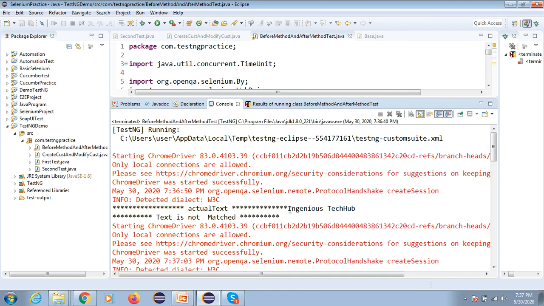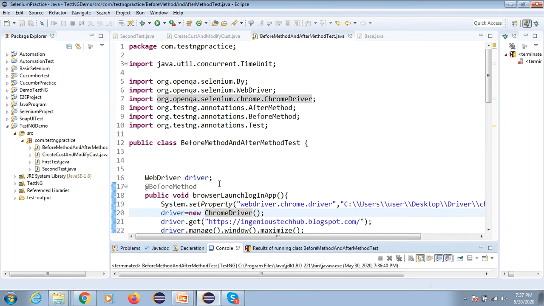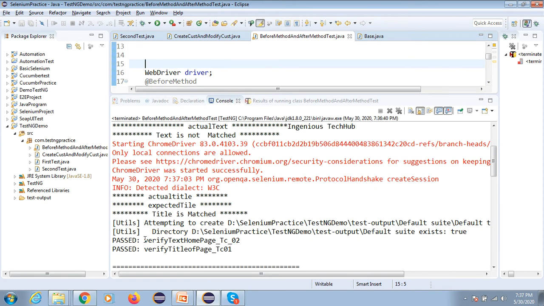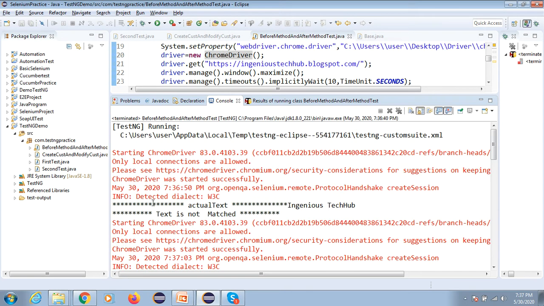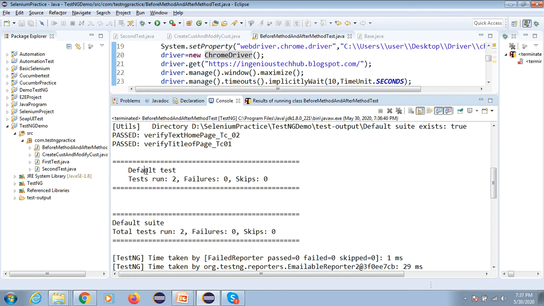It is showing pass, but I'll teach you what happens in real time. Your test case is passed, but here the title is not matching, yet your report will show the test case as passed, right? So this is not a good practice. So we will use the Assert class, assertion.